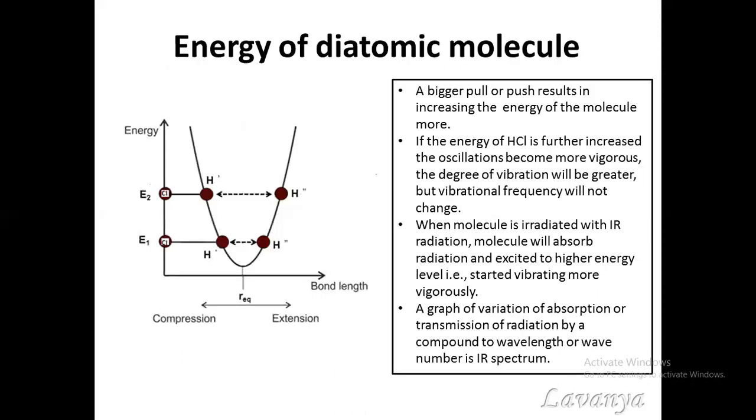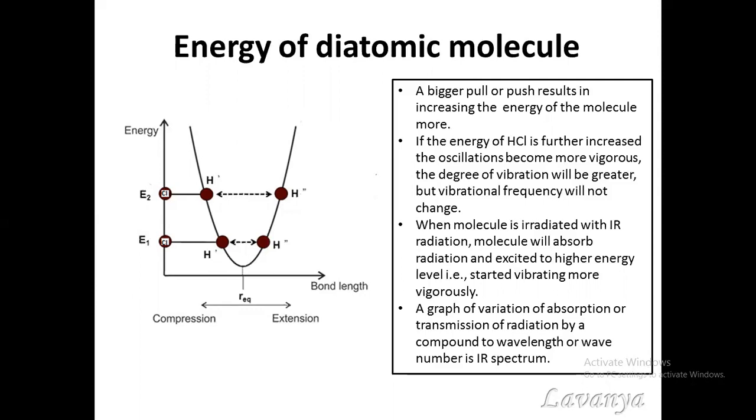Let's consider the energy of a diatomic molecule. Generally, here I'm taking an example of HCl, where hydrogen and chlorine will be at equilibrium bond distance, where the repulsion of the chlorine and hydrogen's electrons and the attraction of the nucleus of one to the other atom's electrons are balanced. At that particular position, the hydrogen and chlorine will remain, which is considered as the equilibrium distance between hydrogen and chlorine, or we can consider it as the bond length.